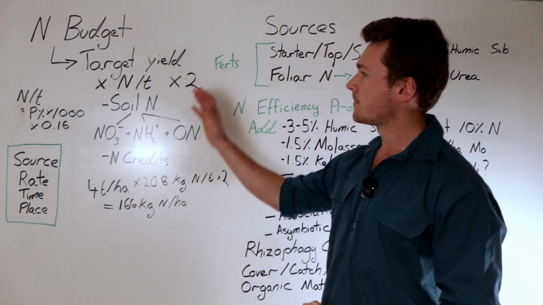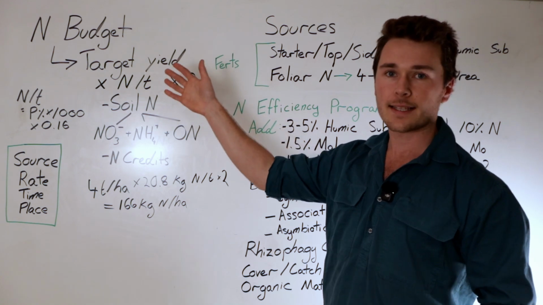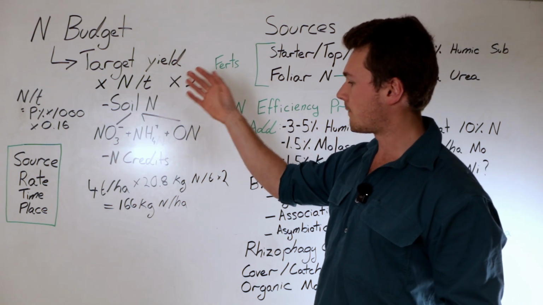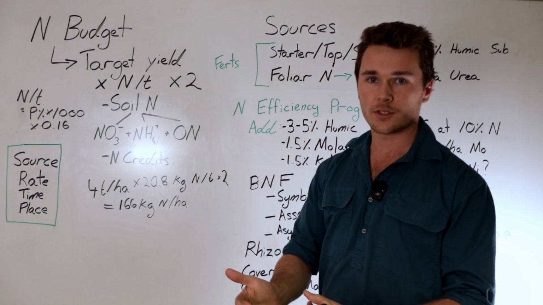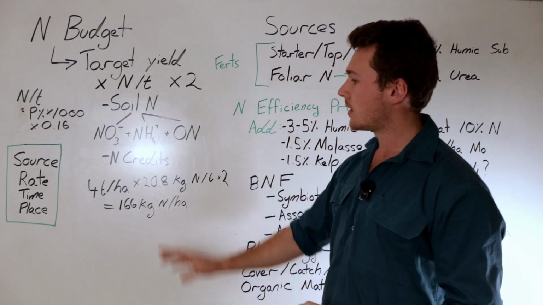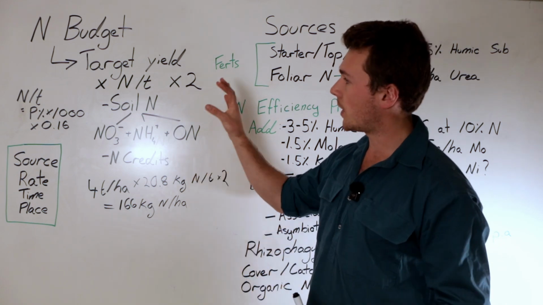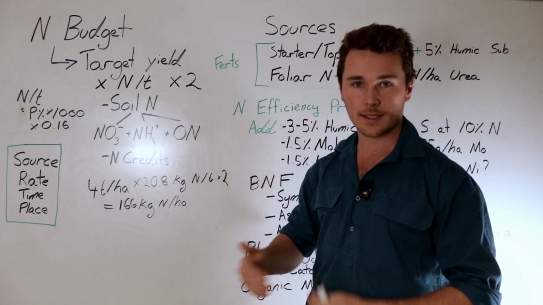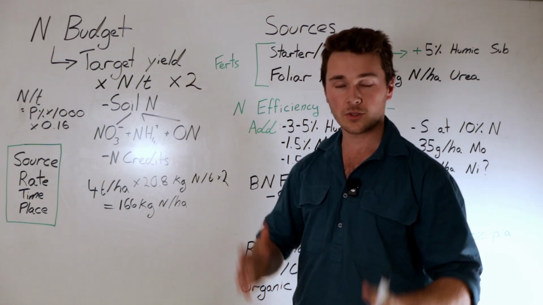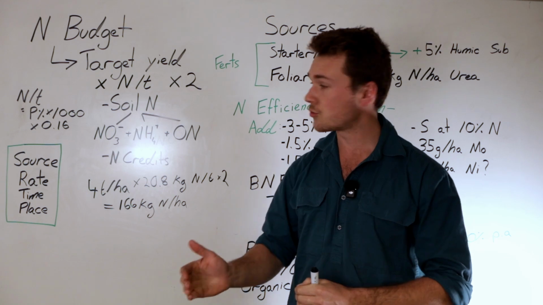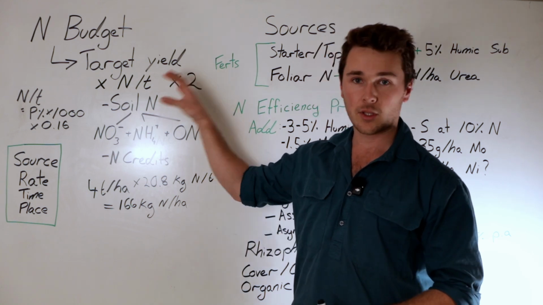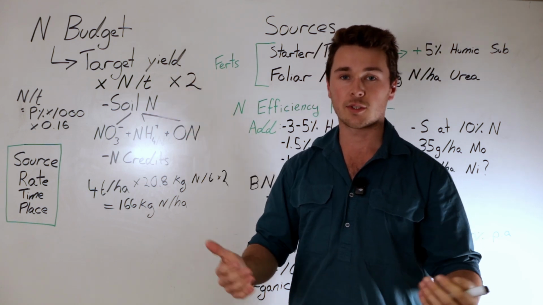You have to apply it, because the crop itself is actually exporting 83 kilos of nitrogen. So you have to supply it with that nitrogen. The question is, how do we actually supply that crop with the nitrogen it physically needs? Because you know what's not regenerative? Not actually producing a crop. And so if we don't supply the nitrogen, we're not going to produce a crop, which is not very regenerative